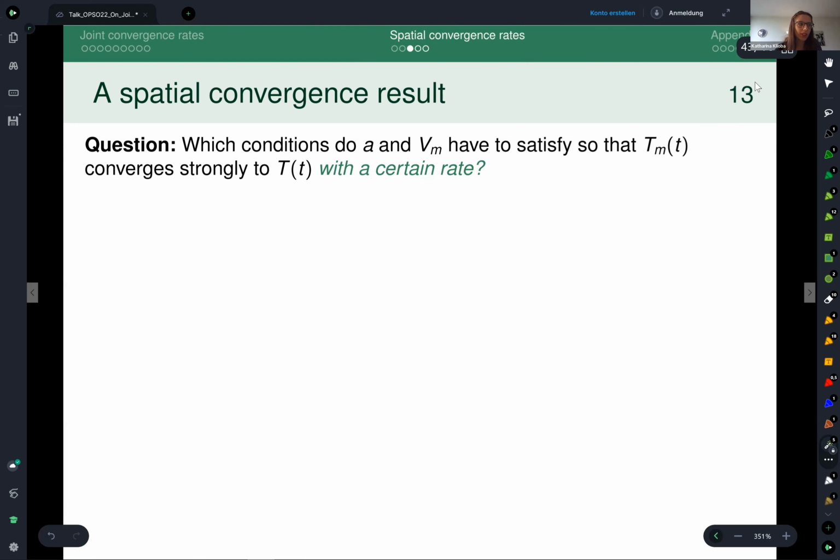And of course, there are standard results on approximation of semigroups, mainly the Trotter-Kato theorem. There are also quantified versions of that, for example, due to Kappel and Ito. But there, the conditions are always directly